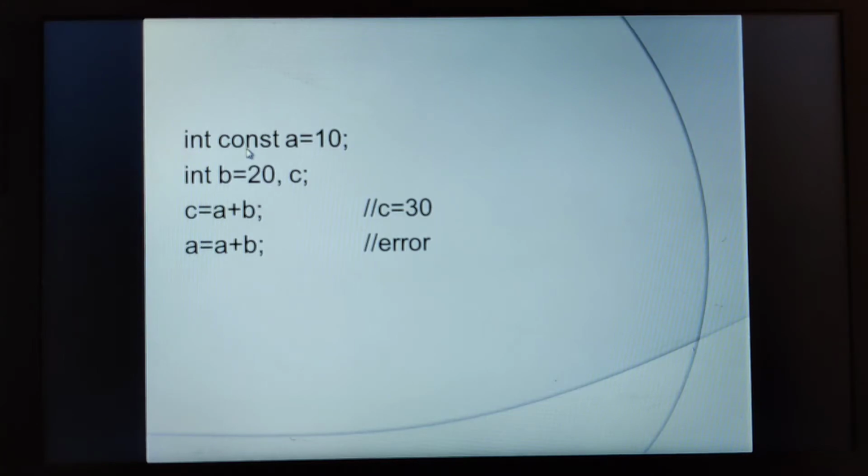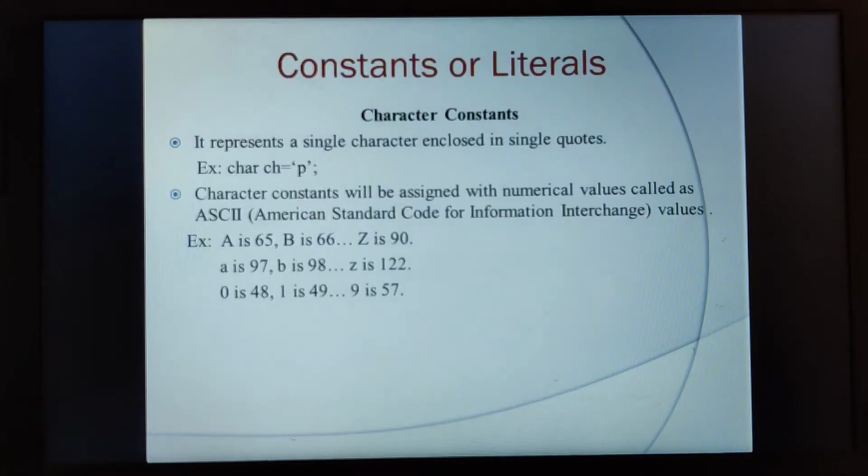I hope you are able to understand. So let us continue with the further classification of the constants. I think you now know what an integer constant is. Then we had the further classification as decimal, octal, hexadecimal and unsigned constants. Now we shall move to the next one, that is the